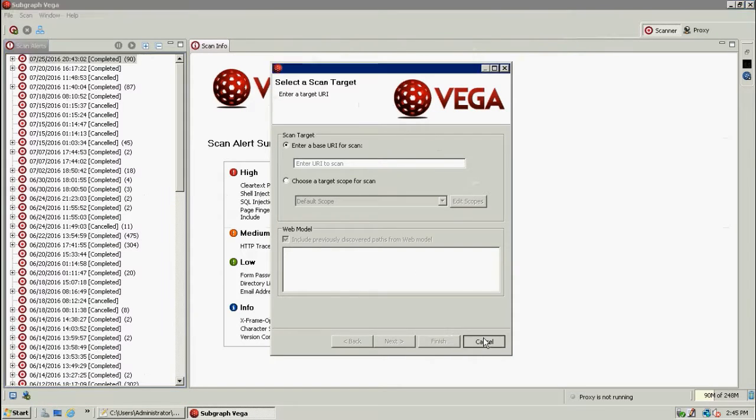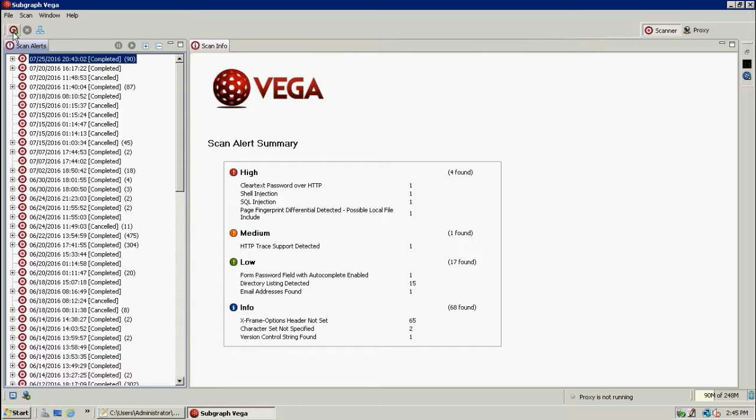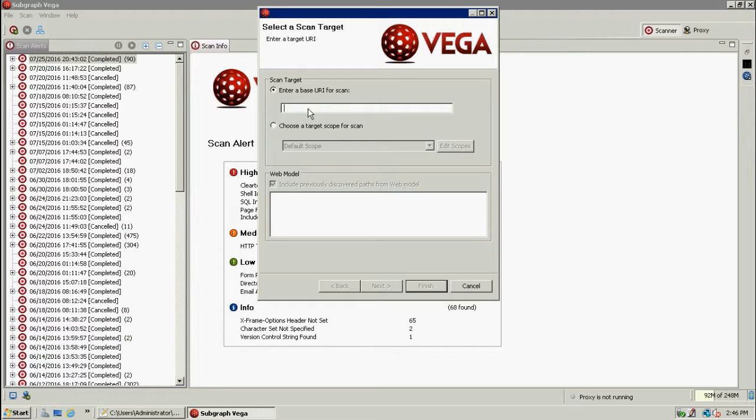Open Vega and in the corner click start new scan. When you start a new scan, type the website's HTTP address, or simply type its IP, and if it has a port, type the port too, and go next.